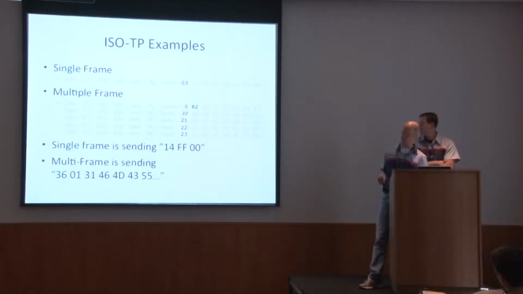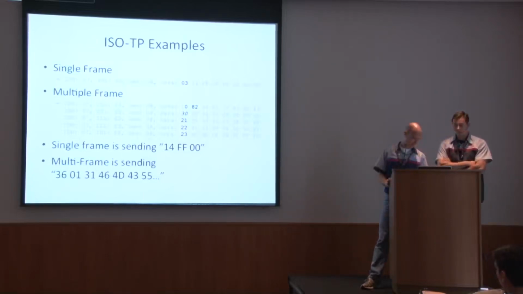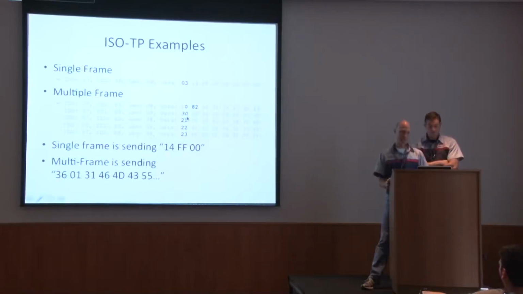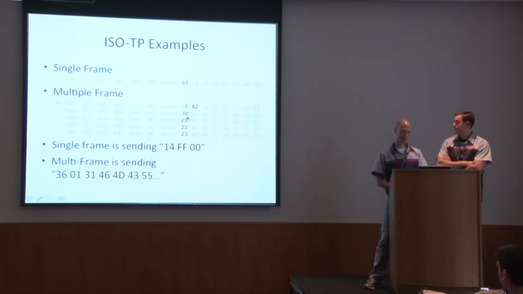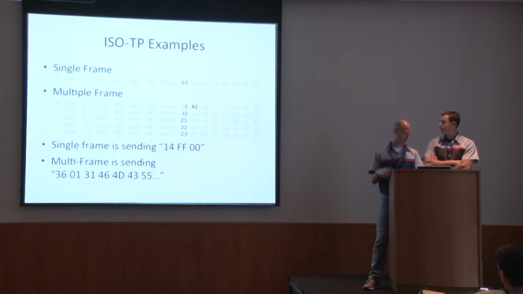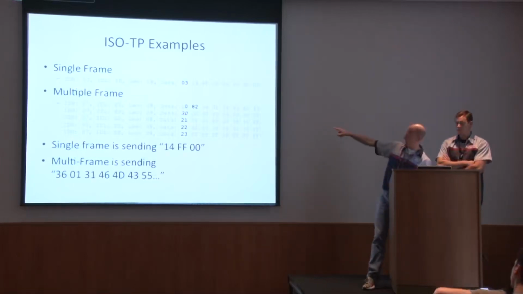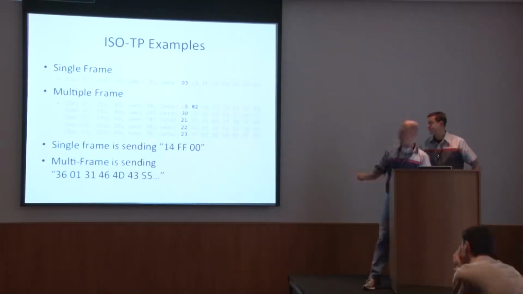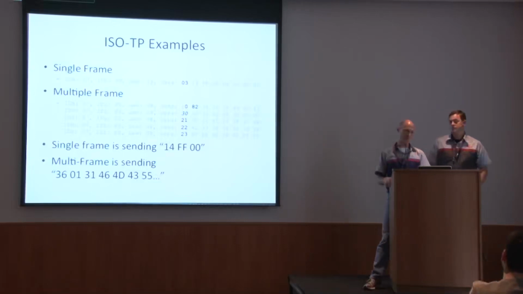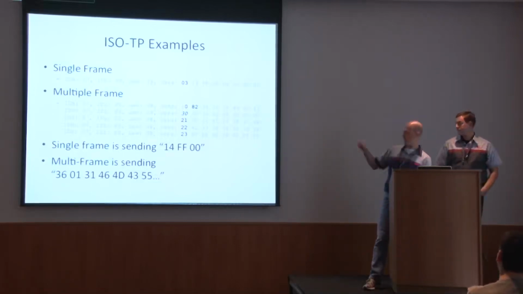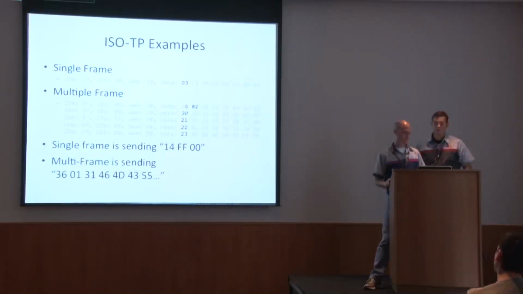When they run out of the first packet, the receiver sends back a 3 packet to indicate that it received the message, and it could have some information for it, like how fast to send it. But here it doesn't. And then you start to get the rest of it. All the rest of them are going to start with 2, and the second digit indicates which one it is, to make sure they're in order. So it's like 21, 22, 23, and so forth. That's the way that you send data on the car if you want to do more than 8 bytes.